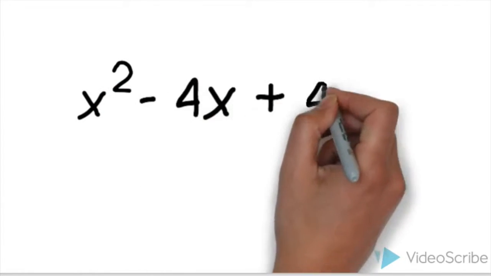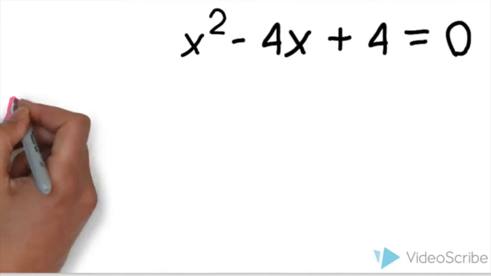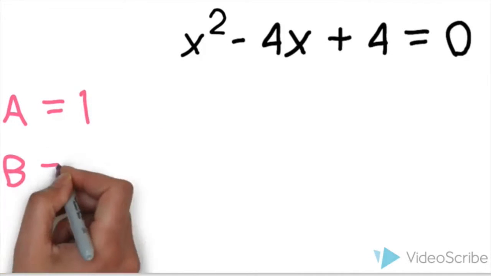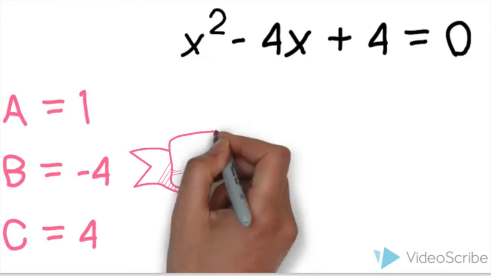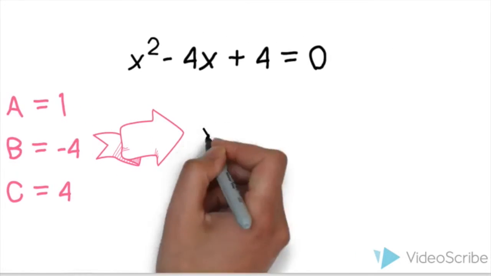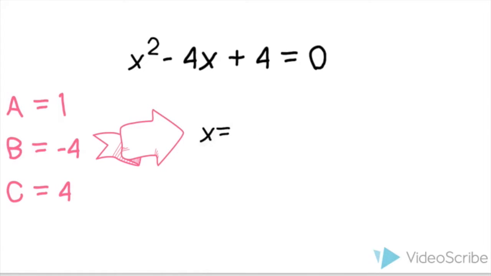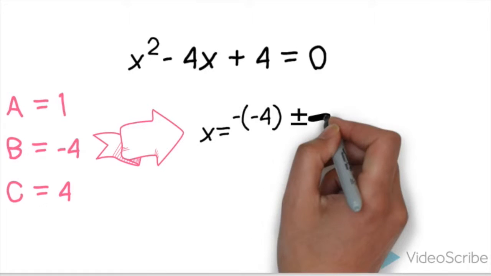Another example would be x squared minus 4x plus 4 equals 0. We know that a equals 1, b equals negative 4, and c equals 4. Once more, we will input this into the quadratic formula. Therefore, x will be equal to negative of the negative 4 plus minus the square root